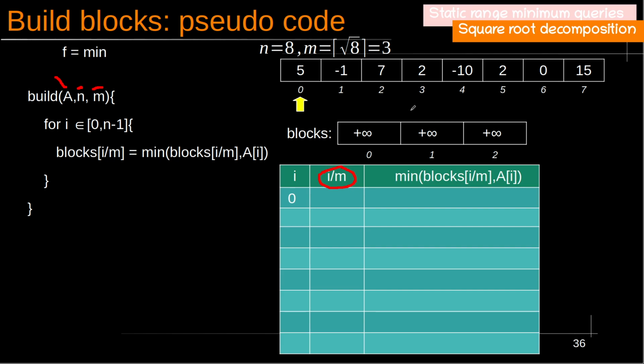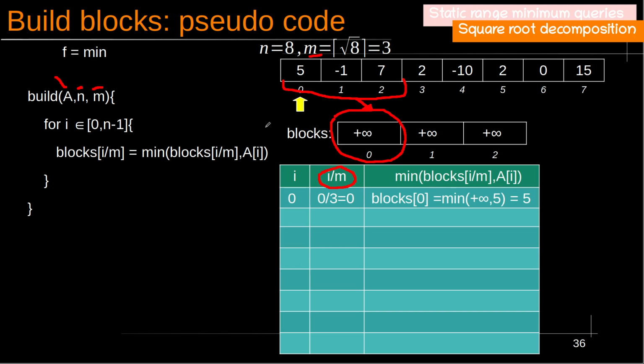For I equal to 0, I will store the minimum in block 0 over 3, which is the number of cells in each block from the original array. So we have to compute these 3 cells here. The result must be here. Let's see together. So blocks of 0 is equal to the minimum of plus infinity